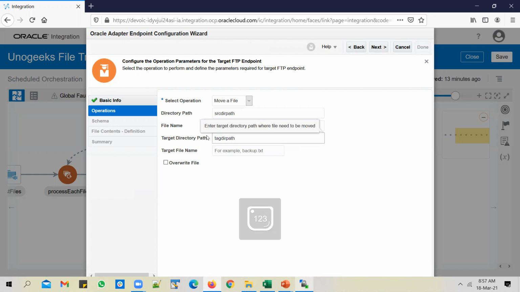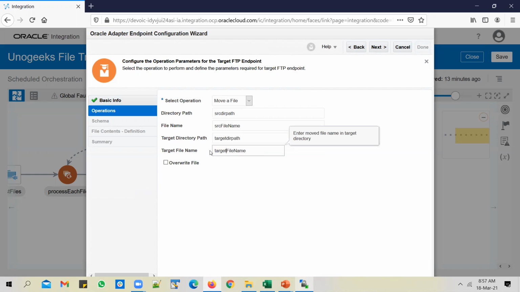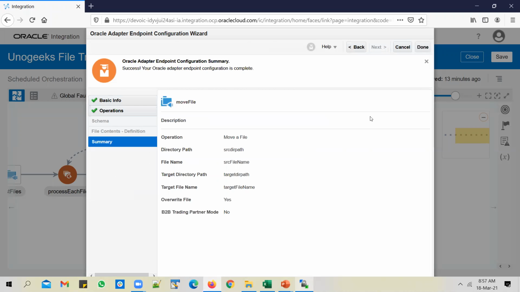We're going to override these values anyway. We are hard coding dummy values at the moment, and pass in the target file. You can enable this checkbox, and if the file already exists in the directory path with the target file name, it will overwrite it. If you don't tick this box, the content gets appended to the existing file. And you can click on done.